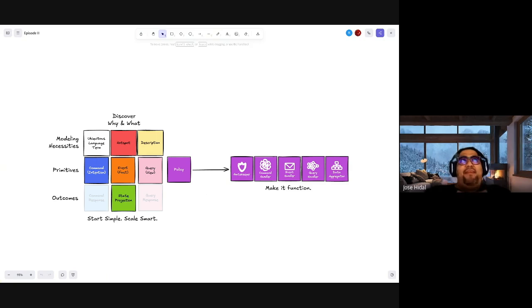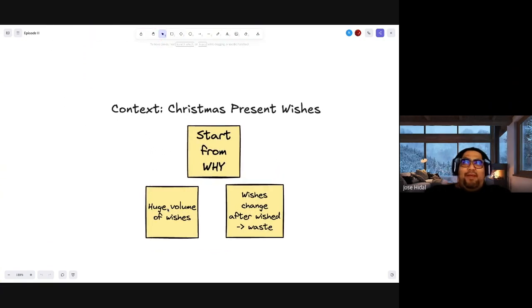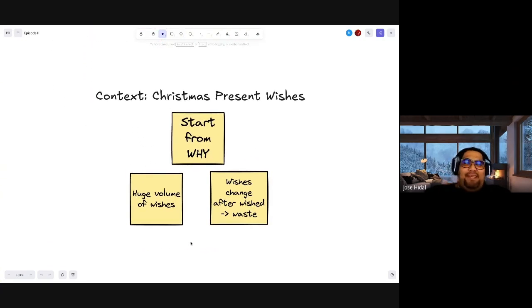In this scenario, Santa has contacted me, and he has stated his desire to upgrade, or rather digitalize, his current system. As you all know, Santa gets to receive the requests and the wishes of